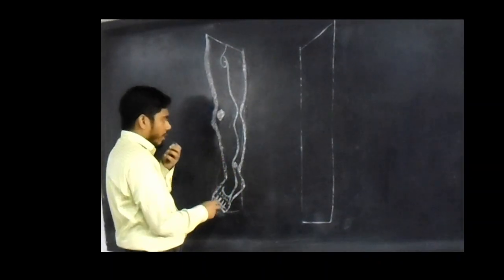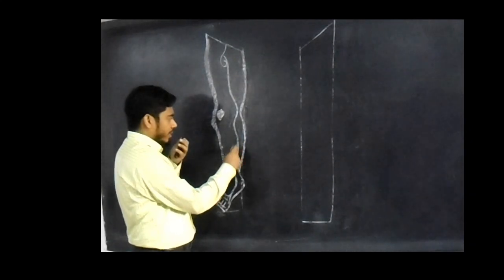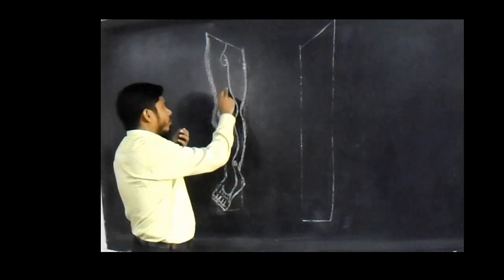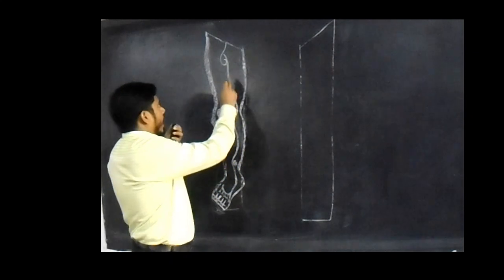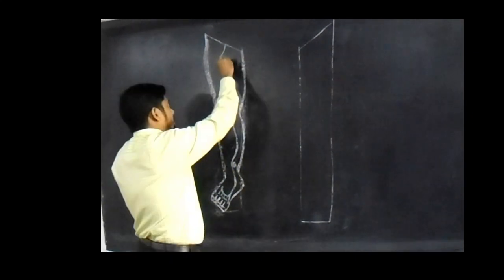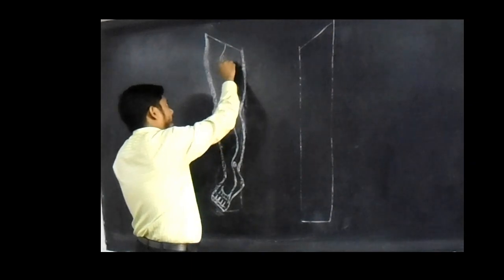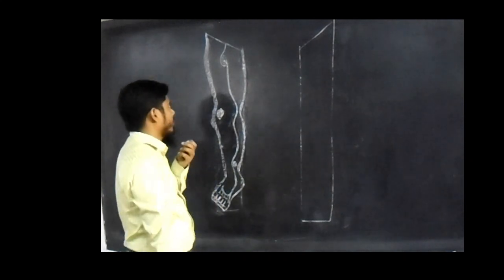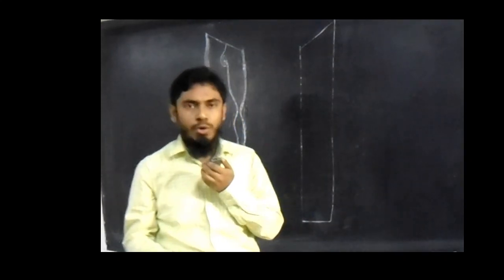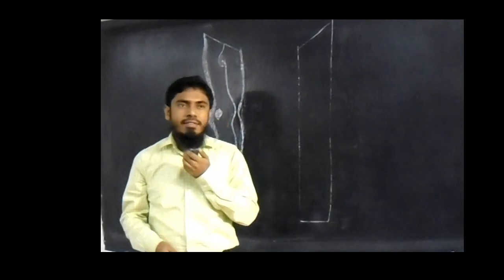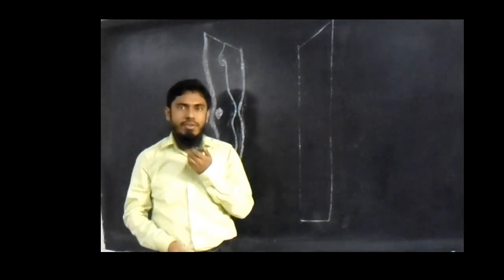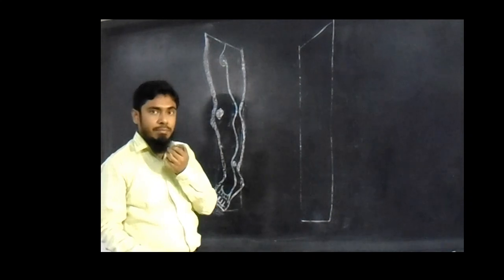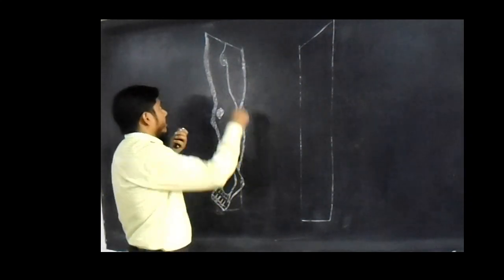Okay, during its course, I have already said that here in the lower third, it is accompanied by the saphenous nerve. In the thigh, here it is accompanied by the medial cutaneous nerve of the thigh. And here in the saphenous opening, it pierces the cribriform plate and will drain into the femoral vein. But before draining, it pierces the anterior wall of the femoral sheath. That saphenofemoral opening is guarded by a valve that is situated 3.5 to 4 cm inferolateral to the pubic tubercle. Before piercing the cribriform plate, it will receive branches or tributaries like